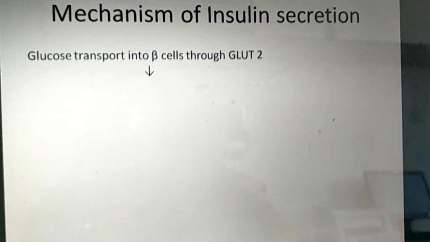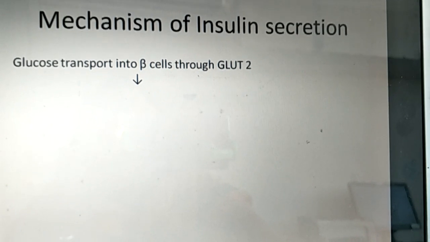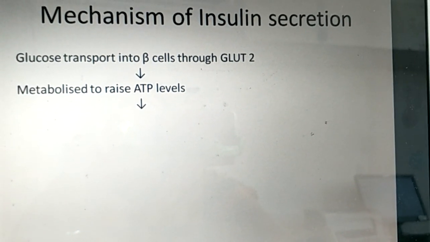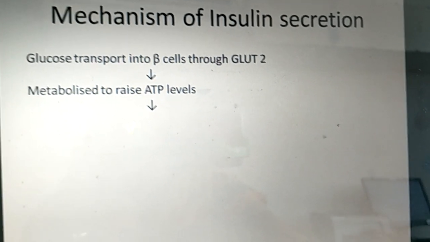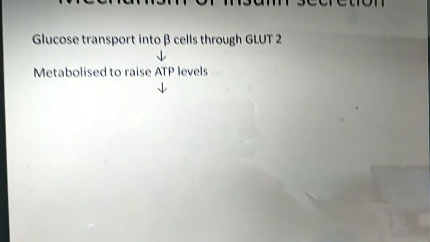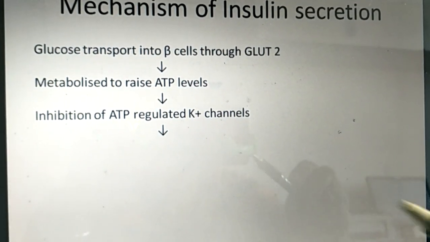So glucose is transported into beta cells through GLUT2, in a flowchart, the same things. Metabolized, ATP levels are raised, ATP regulated